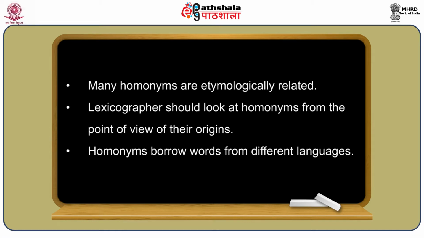Such words are given separate entries in the dictionary from the practical point of denoting the grammatical features and distributional characteristics of these words. This would be more helpful for a common reader, especially for learning the generating power of the language. The lexicographer should look at homonyms from the point of view of their origin. How do homonyms appear in a language? This will help the lexicographer in establishing the relatedness of meanings and distinguishing homonyms from polysemous words.